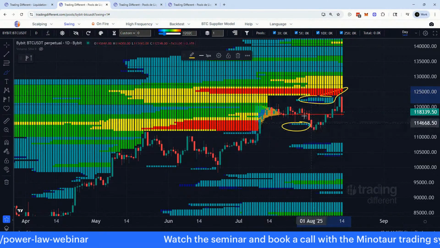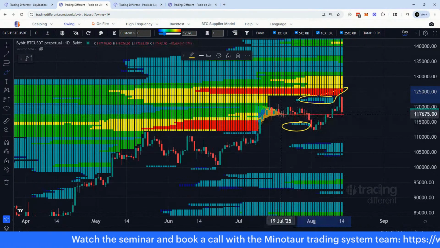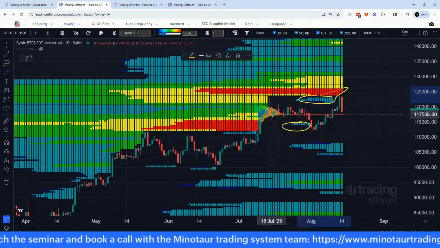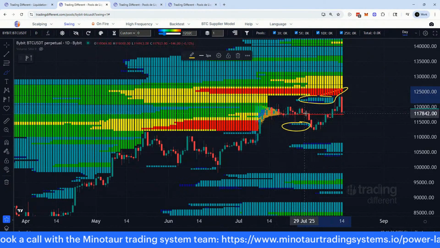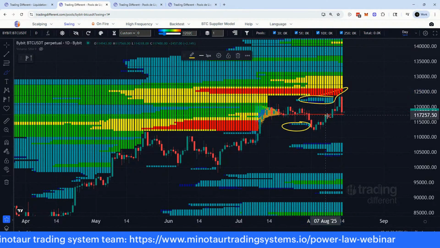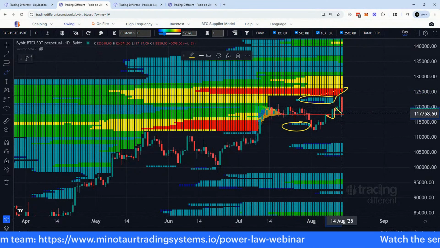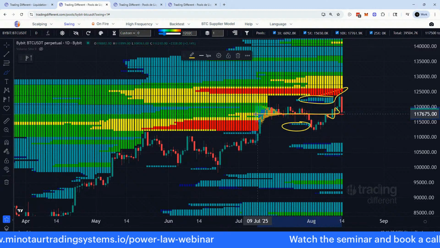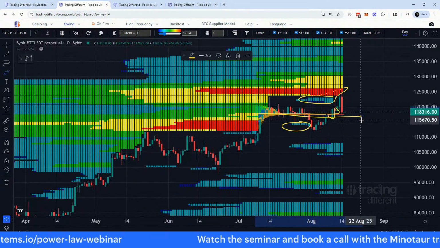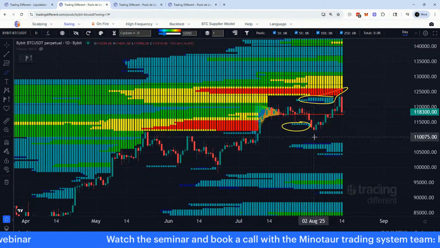So this is a real easy move to see. When we get below this line it becomes a supply zone, and then we have to fight to get above it. We were battling, and when we get above it and flip it, this line becomes a demand zone right here. So once we flip this line, but the main thing I want to highlight here is